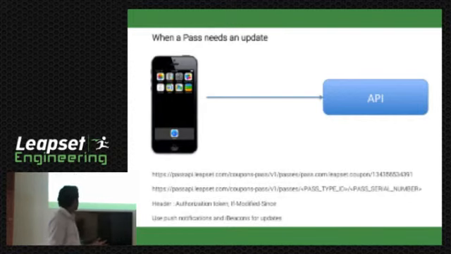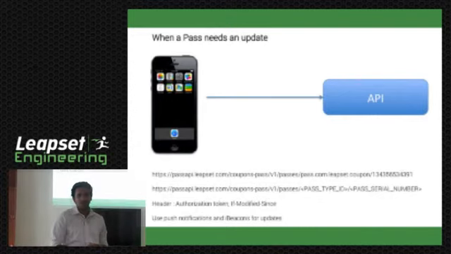If you download a pass to your Passbook, you can share it with other friends. You can email it out to them. So we can make a great use case for giving a gift. And say, for example, I am signed up with LeapSet, I want to give a gift to somebody through the Passbook API.